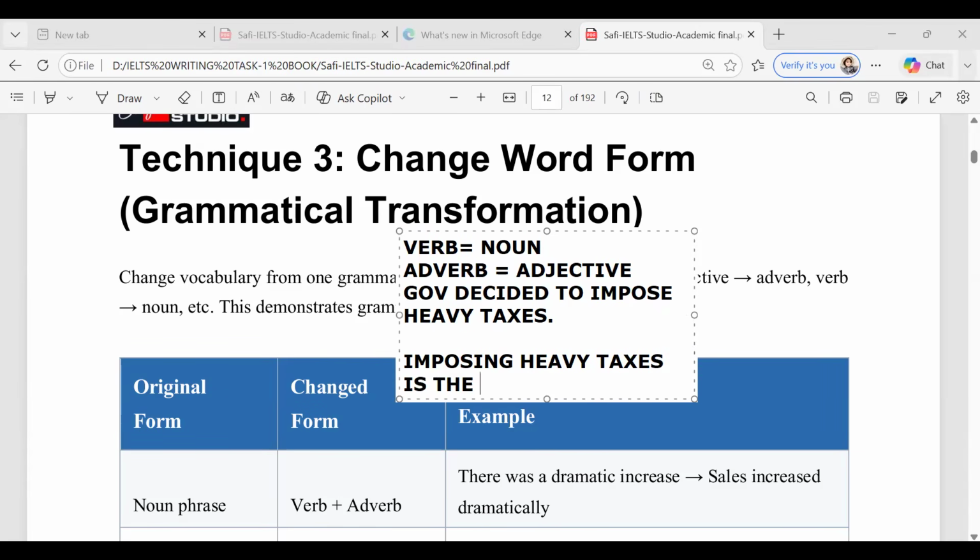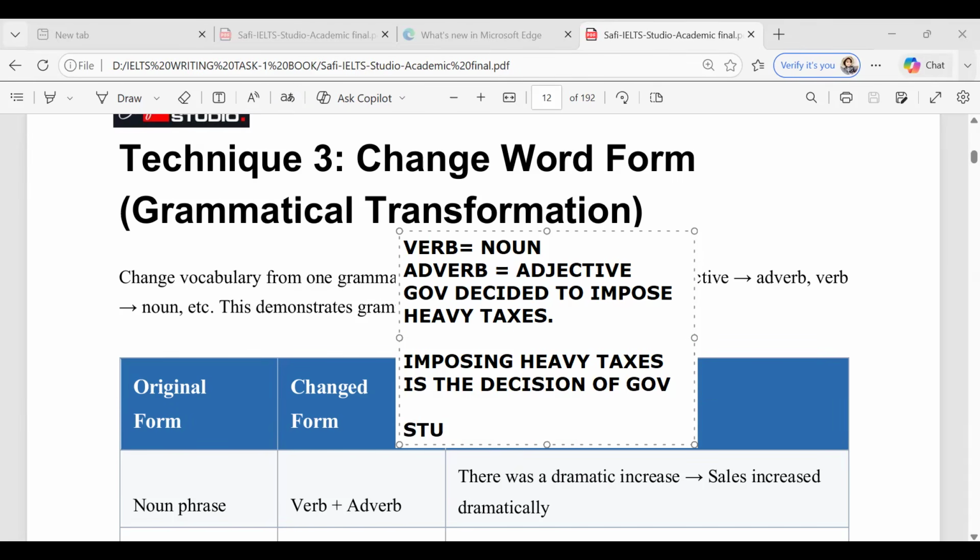is the decision, for example. Decision of whom? Government. Clear? So now can you see we brought some changes, and we brought some changes in what? We brought the changes in word formation. हमने मतलब synonym इस्तेमाल नहीं किया। Am I right? हमने impose को imposing कर दिया, हाँ? And then we changed decided को decision में convert कर दिया, और structure को भी change कर दिया ना? We changed the structure as well as word formation भी हुआ।